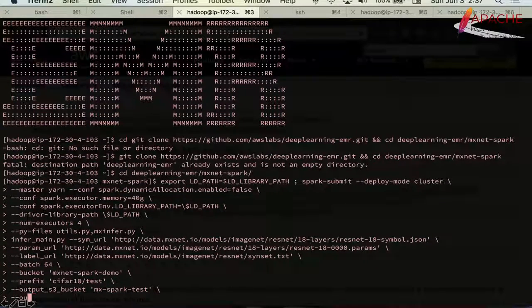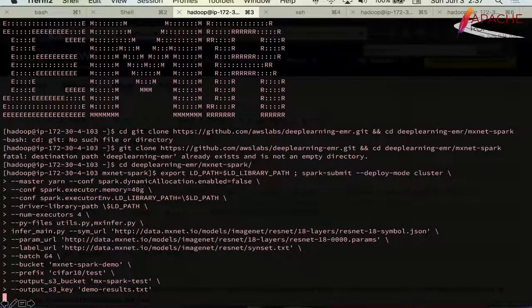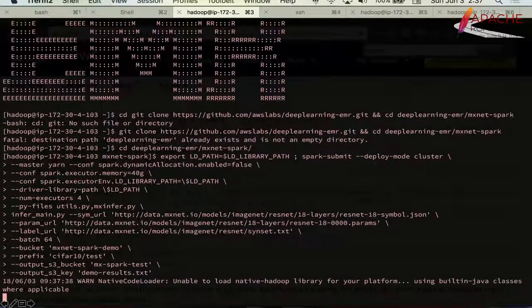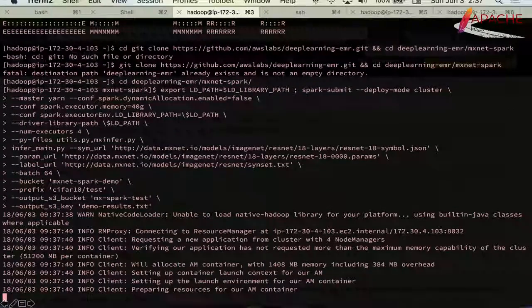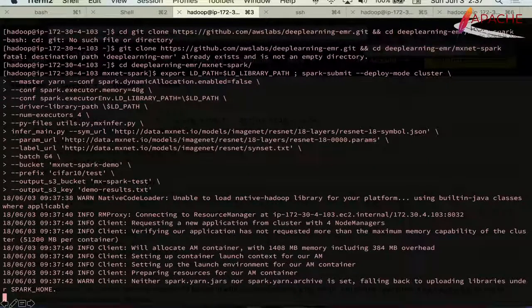If you want to test drive this, you can use it. And we will give it a key to write the output. Okay, submit.